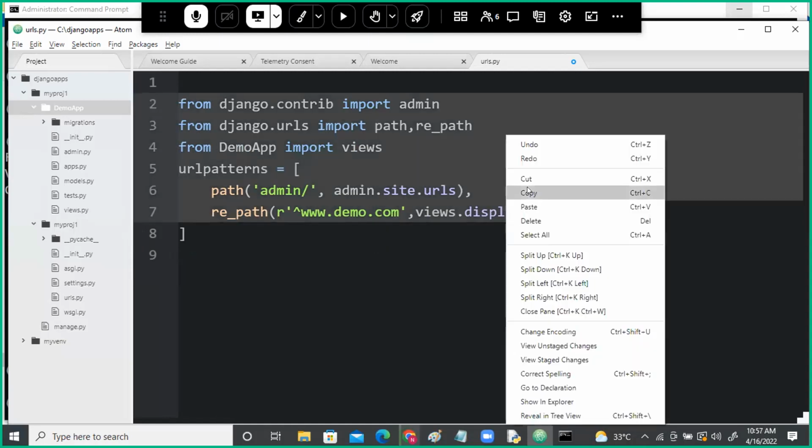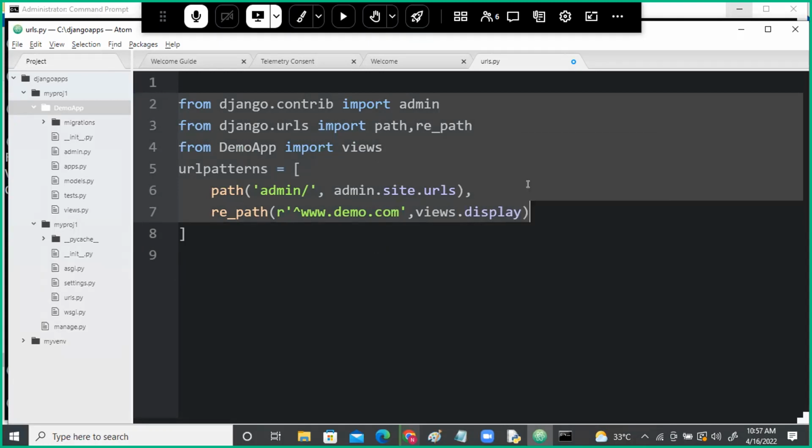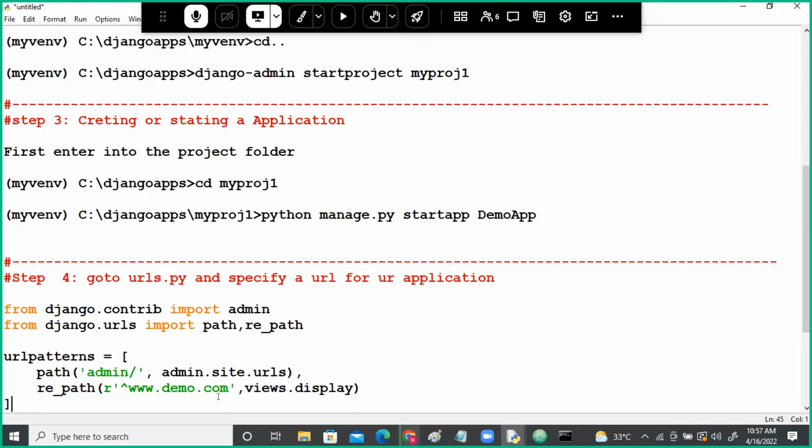So for the first application you may feel something okay, but once you go to second or third application, you will understand the total things. For the first application all these commands are new to you, something difficult, right? But here